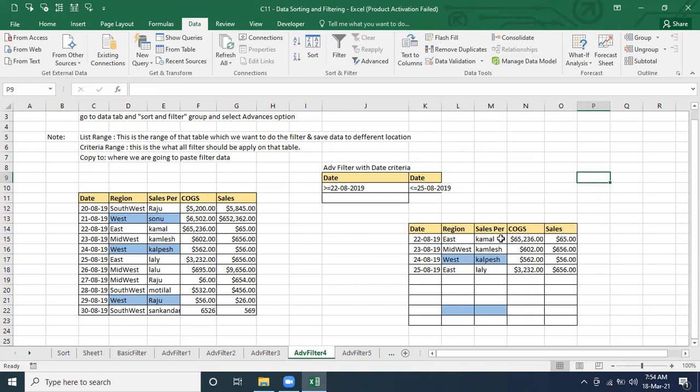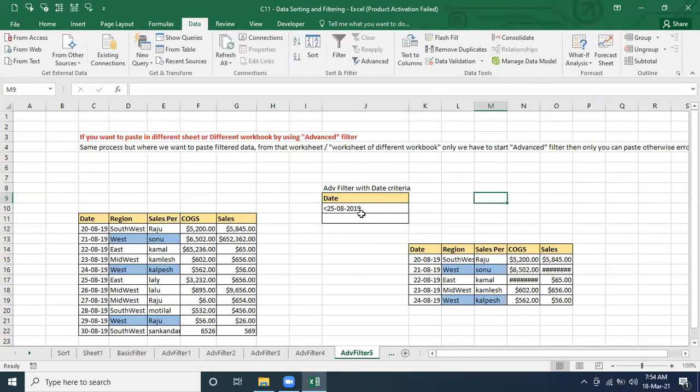So this is the one. It's working fine, right? So this is the advanced filter, working fine. The filter we have done completely. Nothing is there related to the date. Also, I finish it off, and make sure that the heading part should be the same, then only it is going to work. And if you want more than one, you can pass more than one also, but it should be clear what you want to do.